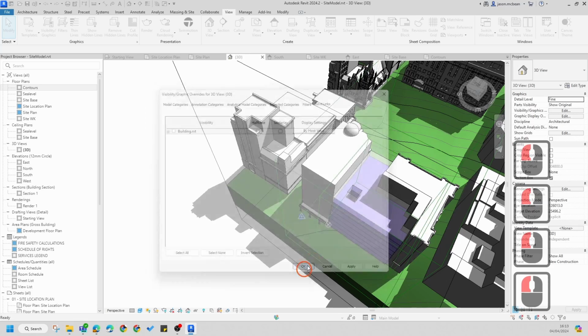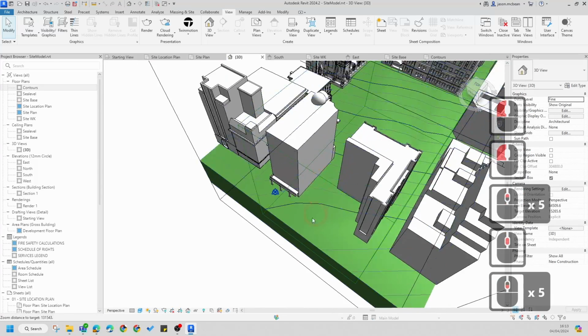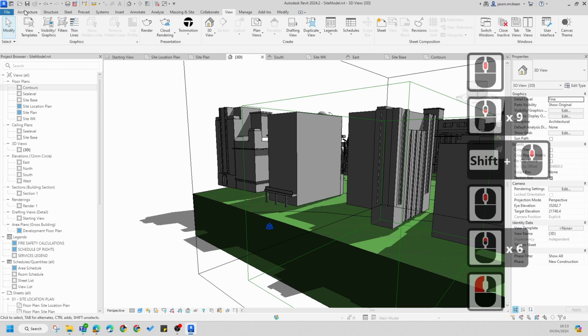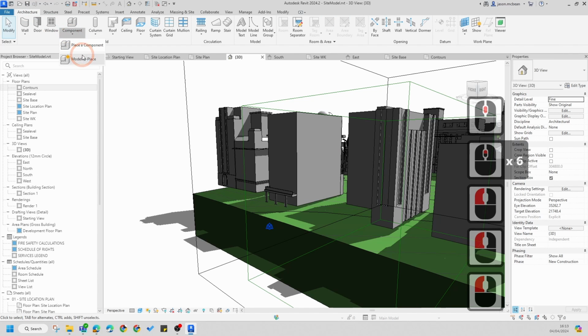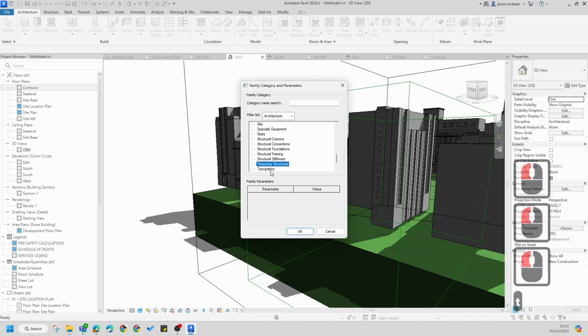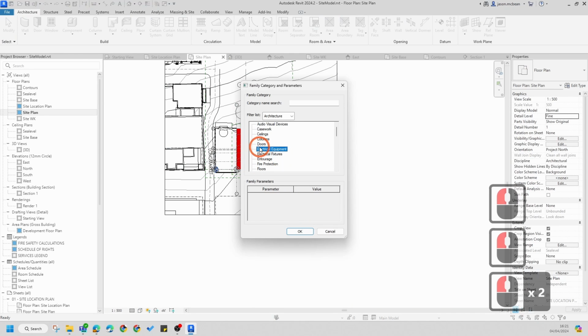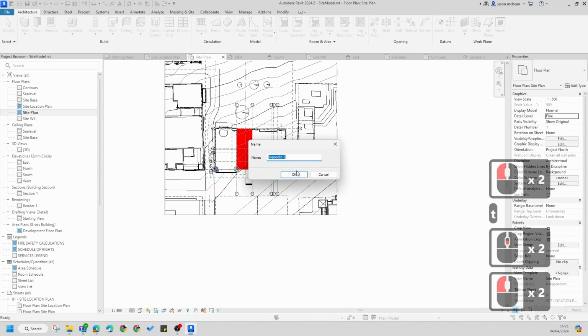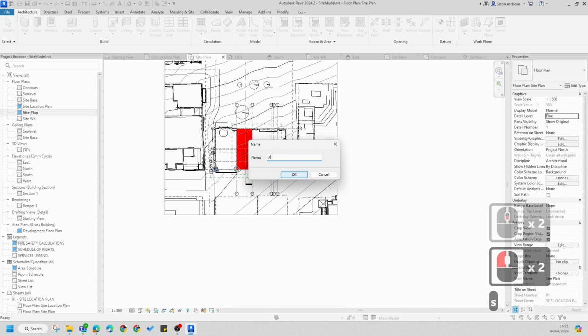Okay, so I've got a site boundary. I've got a lot of information to start working. So what I'm going to do is go to Architecture, Component, Model In Place. I'm going to go to T for Toposolid. This needs to be a Toposolid. Toposolid. I'm going to say site